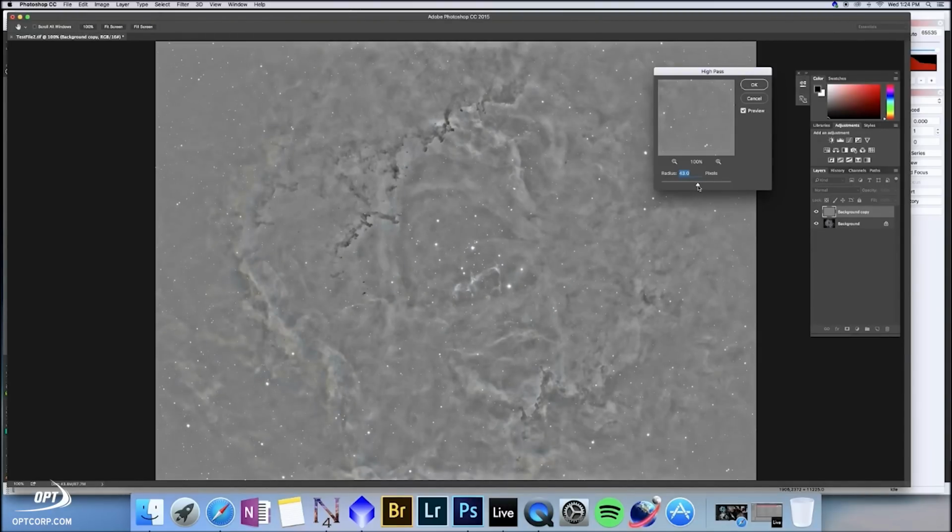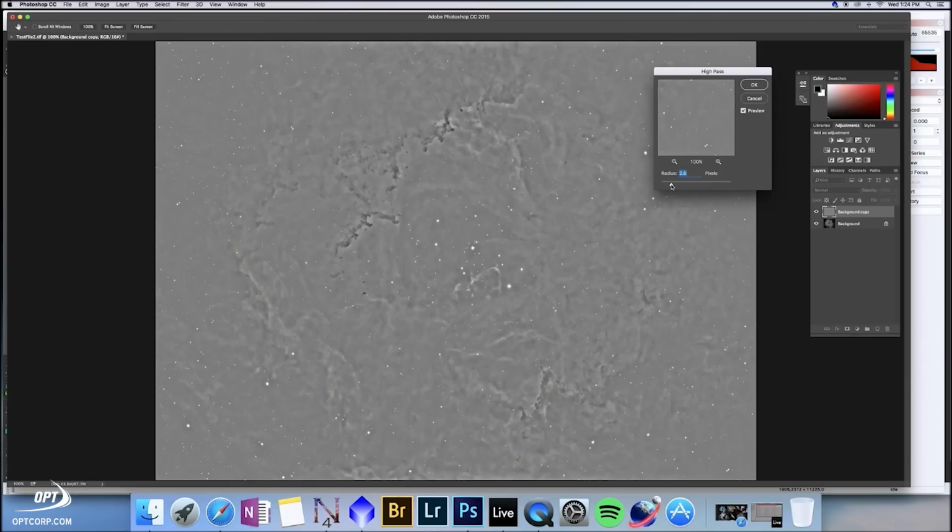This is the primary thing we use Photoshop for. I'm not a huge fan of Photoshop for astro image processing, mainly because it's just so complicated, and I feel like it's easy to get lost for 4 or 5 hours in Photoshop, and we're really trying to simplify this